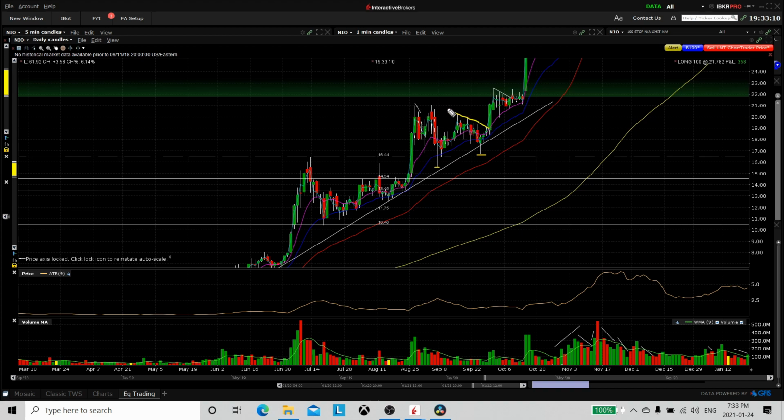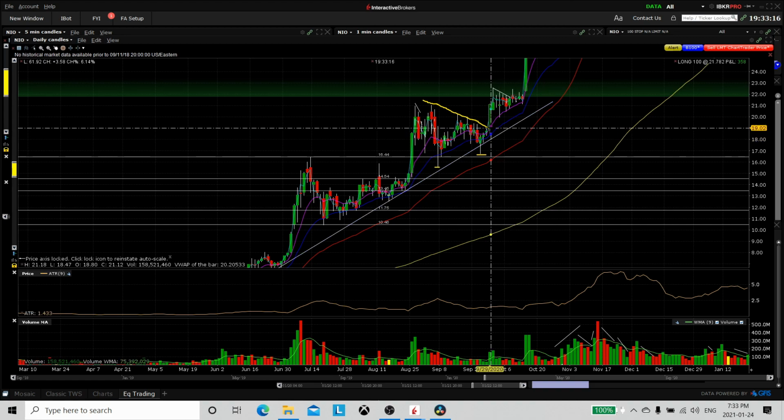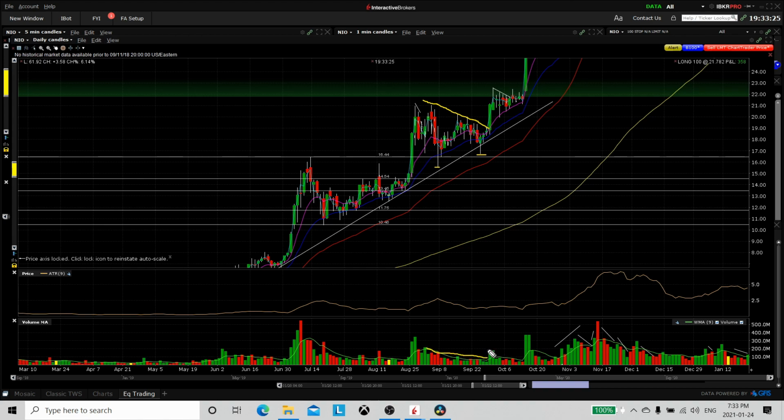So we have this resistance area right here. And then you can see on this candle right here, big expansion of volume, right? Relative to the previous days. So let's just take a look at that. You have this volume down here, and then the volume spiked with this big candle here. So that's showing a very strong move, right? It's showing that there's a lot of buying coming in that is supporting this move, indicating that it's legit,